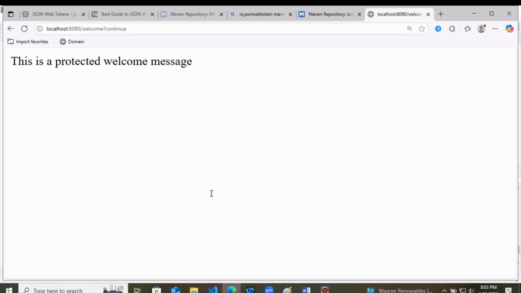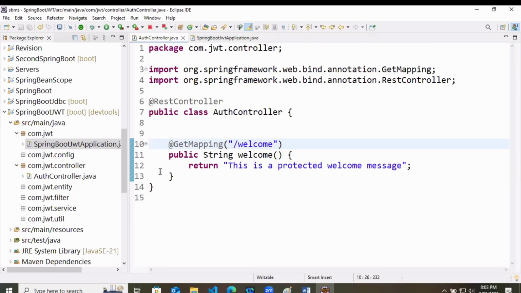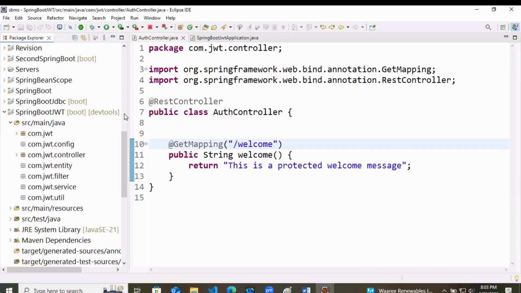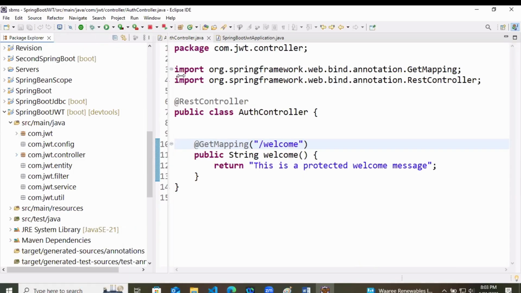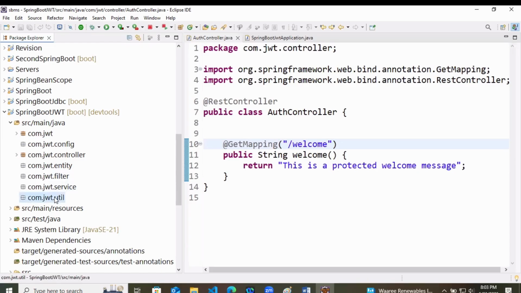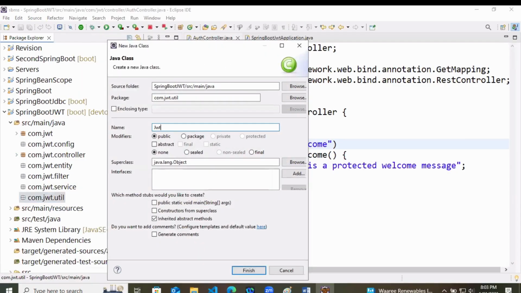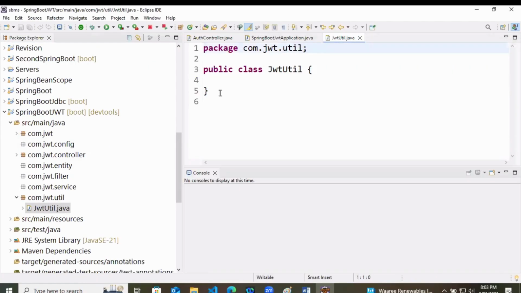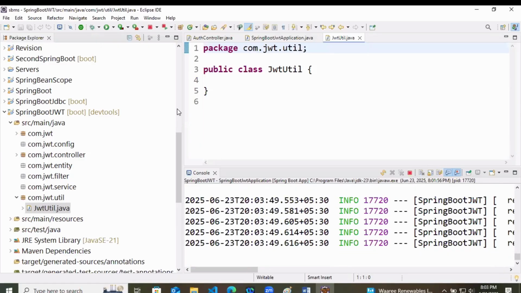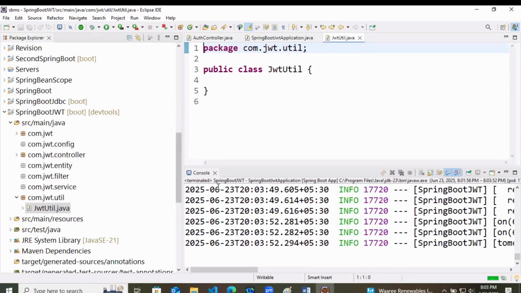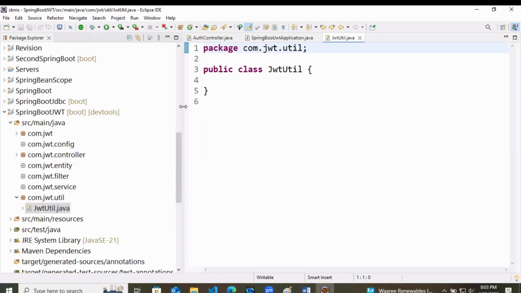For that, inside the util package, create a class called JWTUtil, and we can stop the server, otherwise it will restart every time.